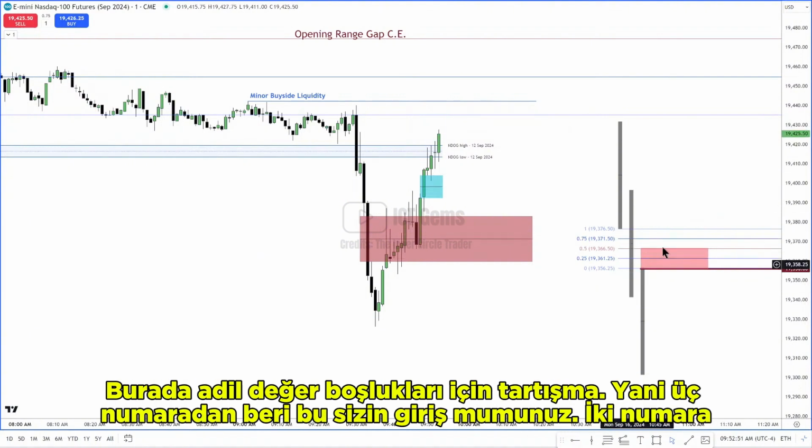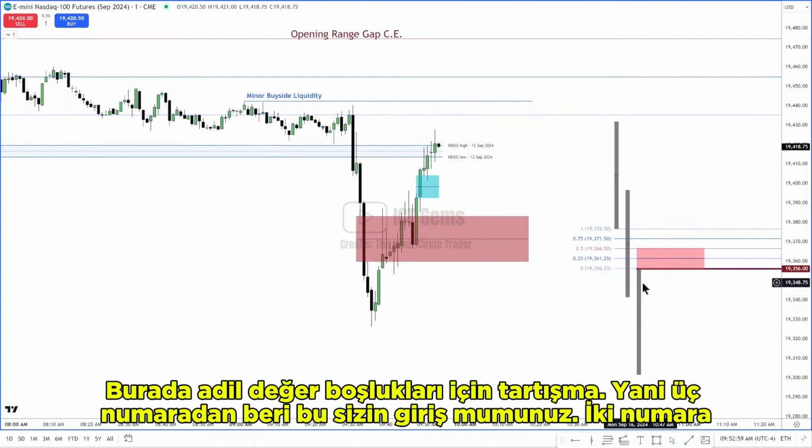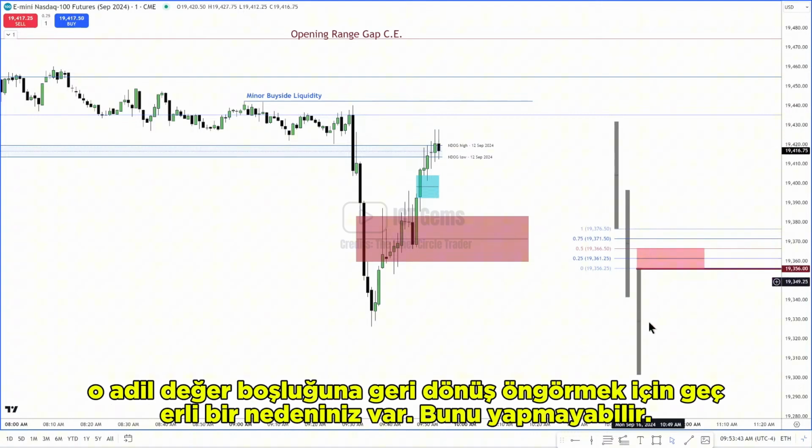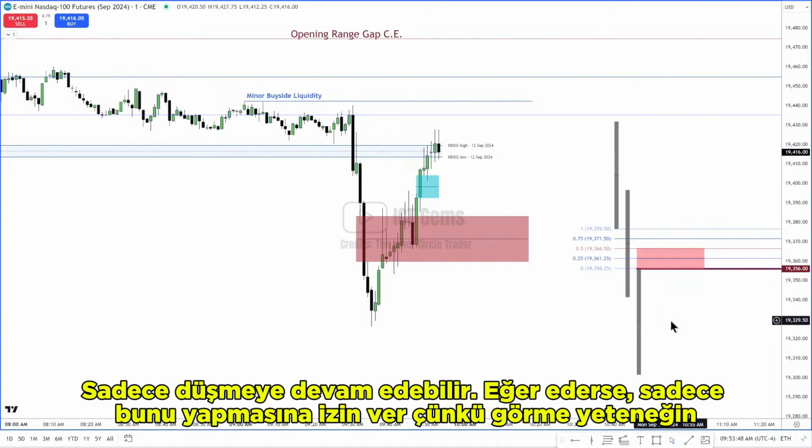So back to this discussion here for fair value gaps. Since number 3 candle is your entry candle, number 2 candle is your framing of the fair value gap. So as soon as the next candle, number 4, opens, you have a valid reason to anticipate a return back up into that fair value gap. It may not do so. It may just keep on dropping down. If it does, just let it do it,